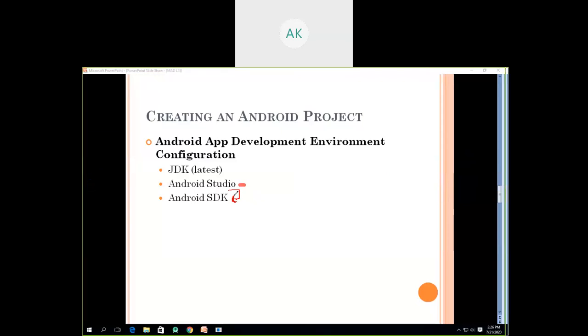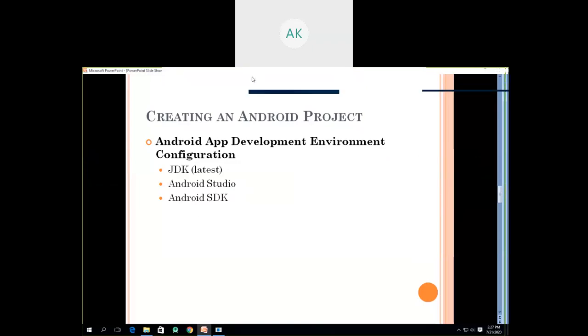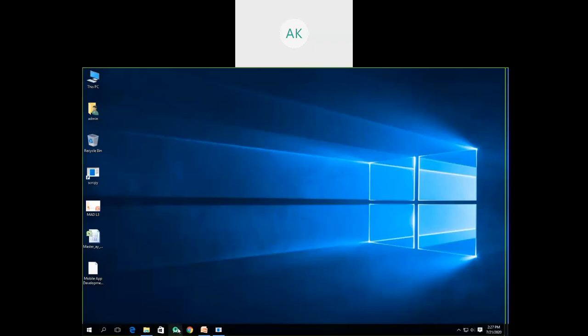You just have to choose the proper versions of the operating system for which you are developing the application. Suppose I have to develop the application for Android Lollipop, then make sure you have installed the Android SDK for Lollipop. We have already installed this software and Android Studio.